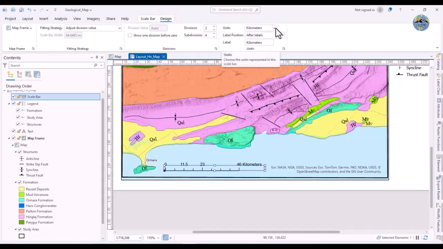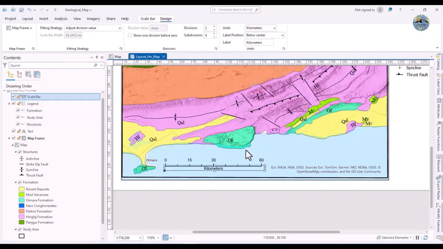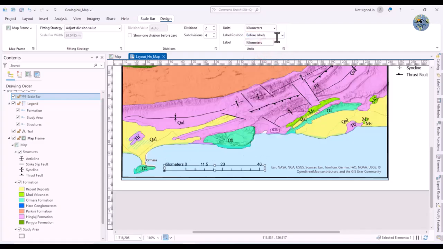And another thing is you can change the unit from kilometer to meter. You can do it like this, as well as you can select kilometer. And if you want to change the position of this kilometer symbol, you can label the position like above, center, below, before labels, after labels, before bar, after bar. I will select below center like this. You can also place this right here, but let me change it back to the default, before labels,